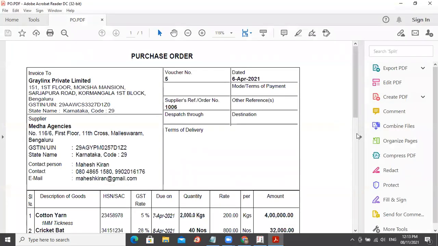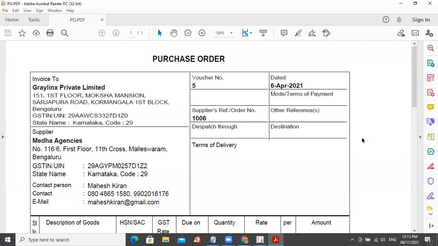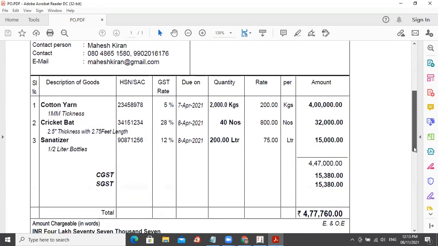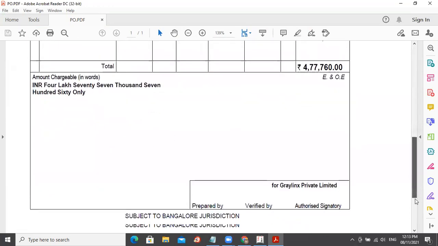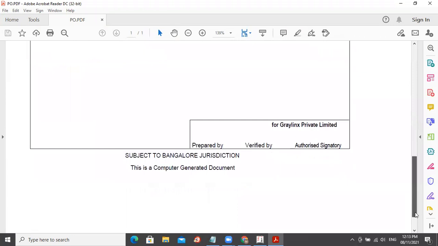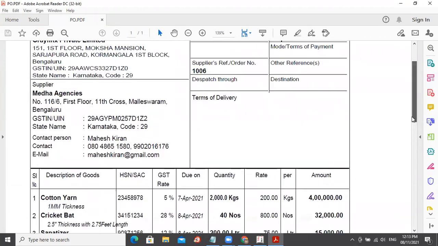Look here, it comes in PDF format. You could use this, send it on email, all those things that you could.